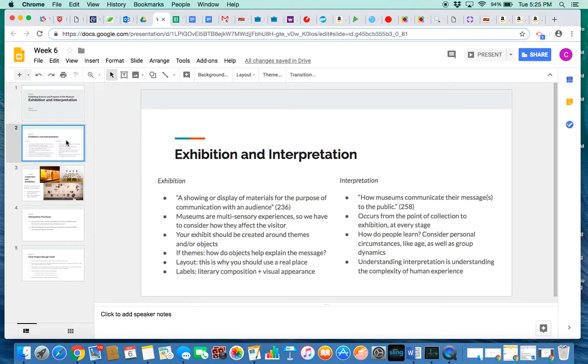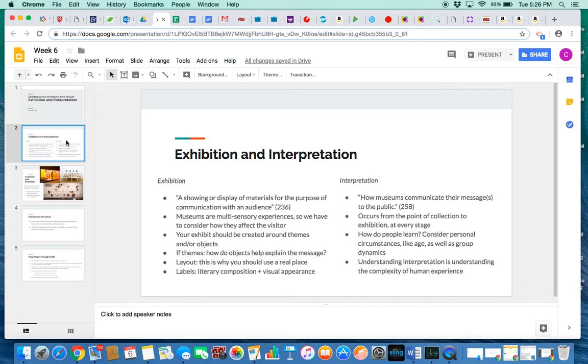So exhibition is quoted on page 236 and defined as a showing or display of materials for the purpose of communication with an audience. So the display of these objects themselves are what we're concerned about when we talk about exhibition, right? Museums are multisensory experiences. Hopefully you got a sense of that when you went and visited a museum and did your review, right? It's not just about reading text or even looking at artifacts. It's about sounds, it's about touch, it's about smell in some cases, depending on how interactive the museum exhibit is,